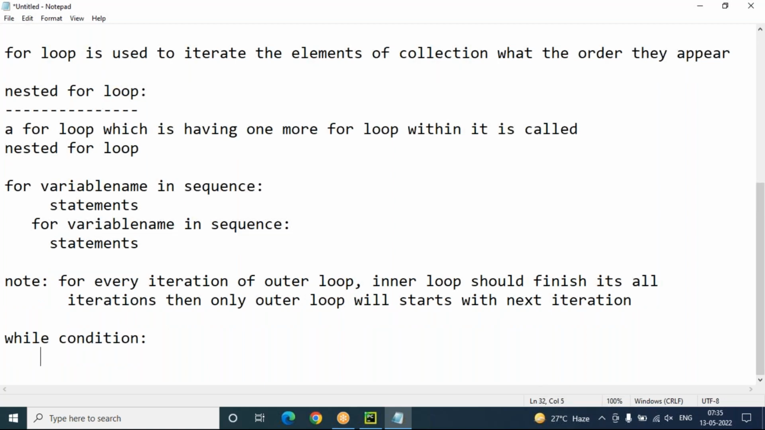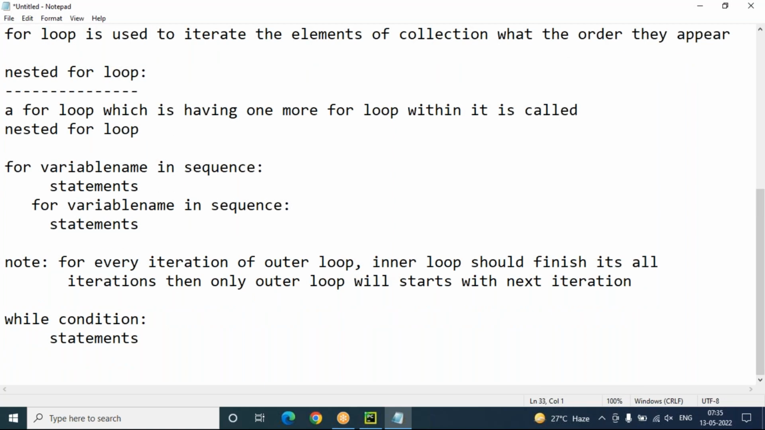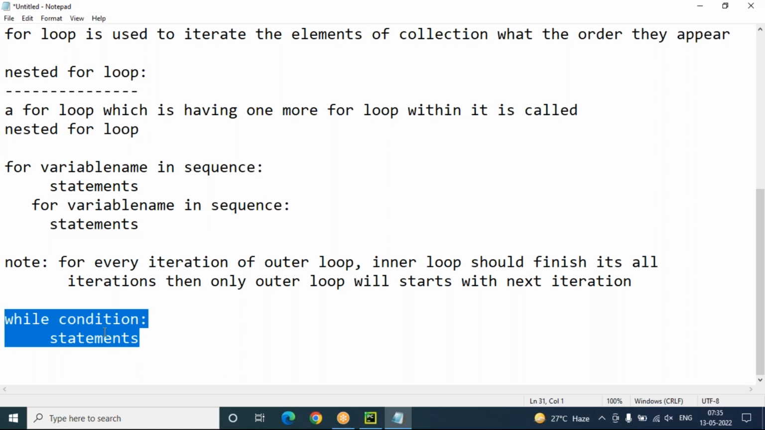Condition you have to pass. And here in the loop body, any valid statements you can include. So while condition and statement. While condition and then statements. Okay, so let's try to